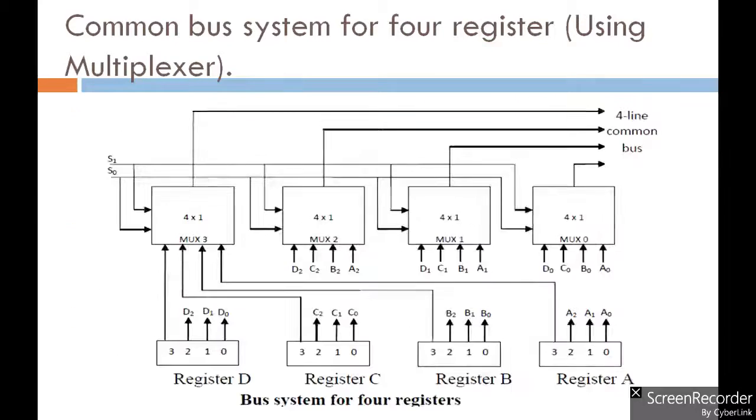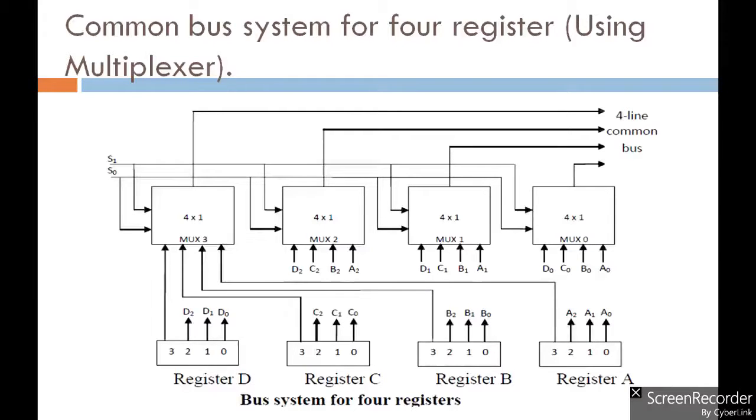Okay, now let's see the simple diagram of common bus system using multiplexers. So here we can see there are 4 multiplexers and 4 registers. Here all the registers are of 4 bit size.